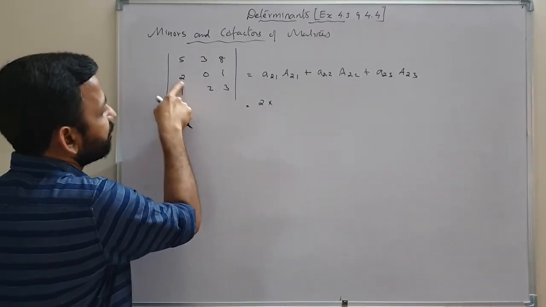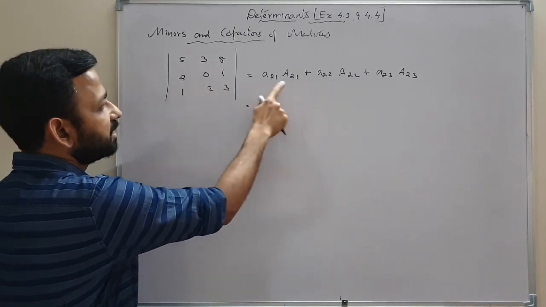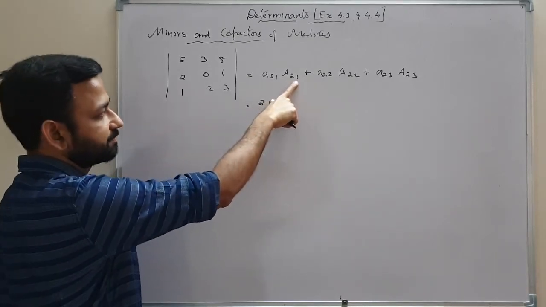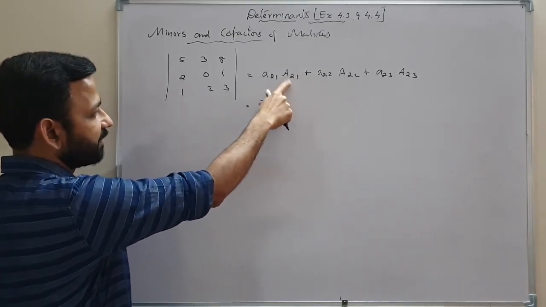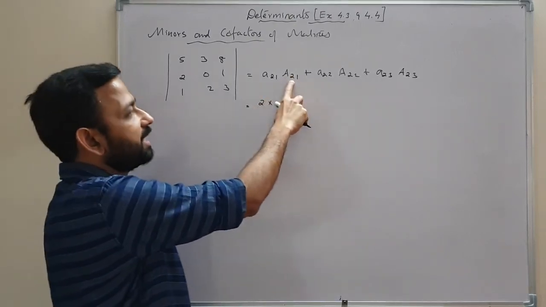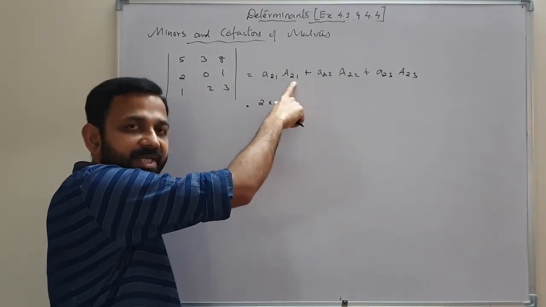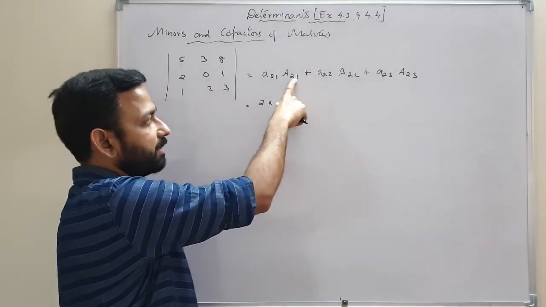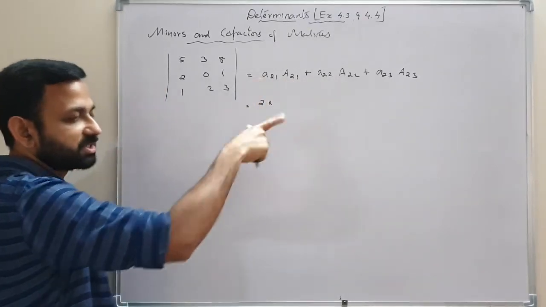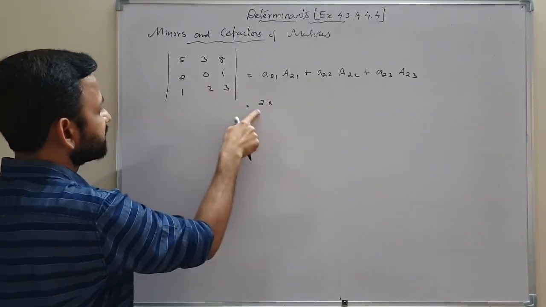And here when we find a cofactor of that element, you just find the minor, and 2 plus 1, 3 is an odd number, give negative sign. When we find a cofactor of an element, just find the minor of that element, and if that sum is odd number, then we will give negative sign, and if that sum is even number, we will take a positive sign. Minor and the cofactor will be same.